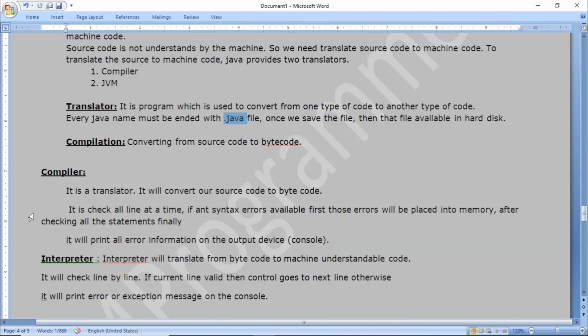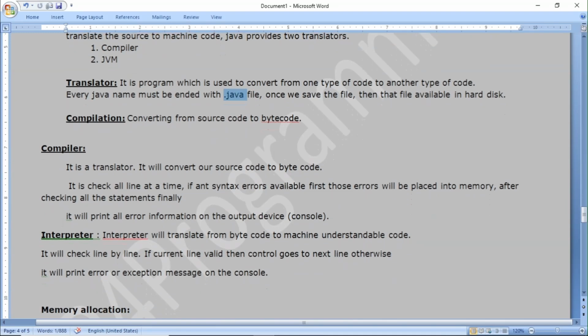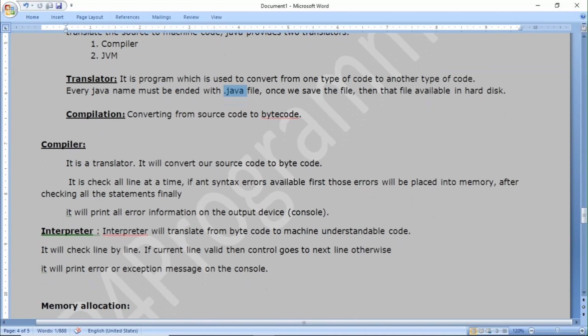It will convert our source code to bytecode, and it checks all lines at a time. If any syntax error is available, those errors will first be placed into memory after checking all statements. Finally, it will print all the error information on the output device.